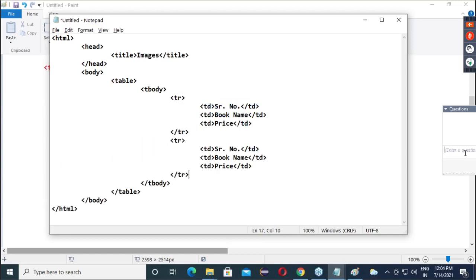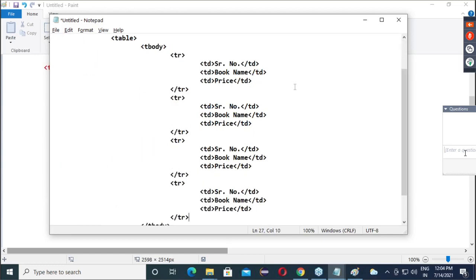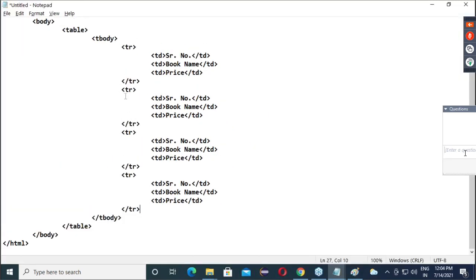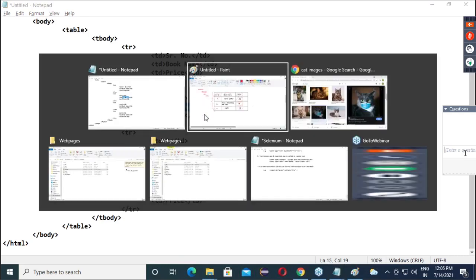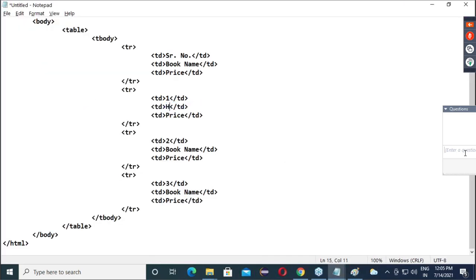Like this, how many rows do we have? Okay, so we will set 3 rows. Now observe here. Here we will give serial numbers 1, 2, 3. Now the book name. What is the first book name? Harry Potter.